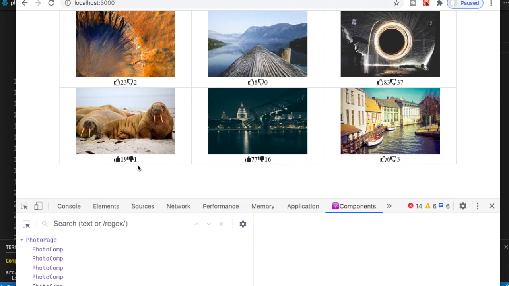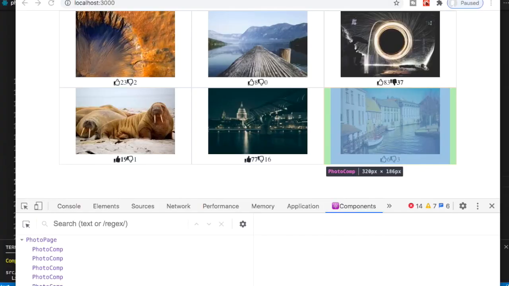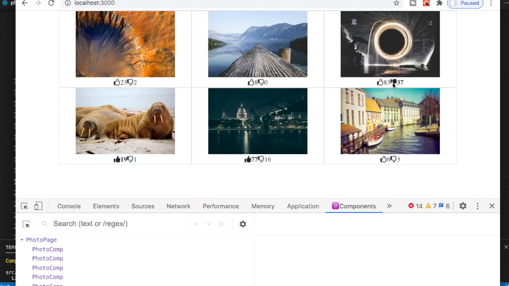So this is starting to look much better now. There seems to be an issue here because we are getting both thumbs up and thumbs down here. Why was that an issue? Because in the second case, it should be dislike. So this is the problem when we copy code, but now this seems to be fine.